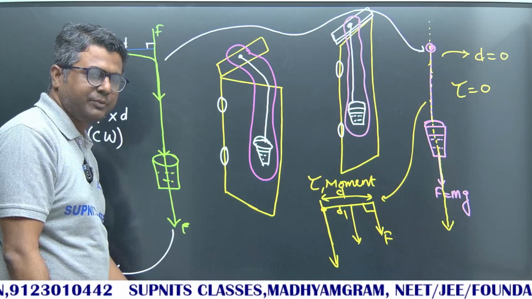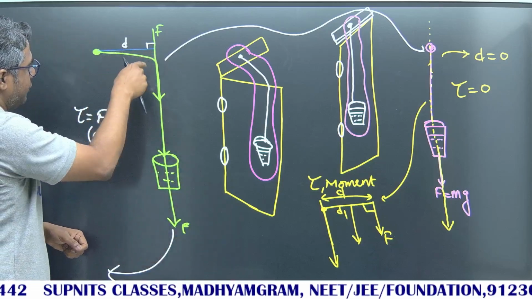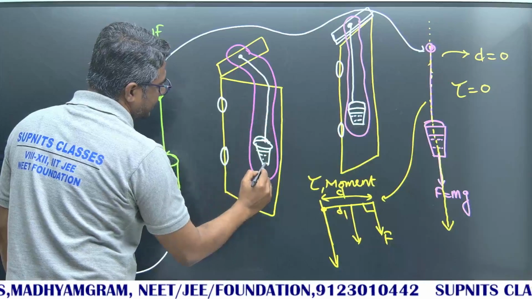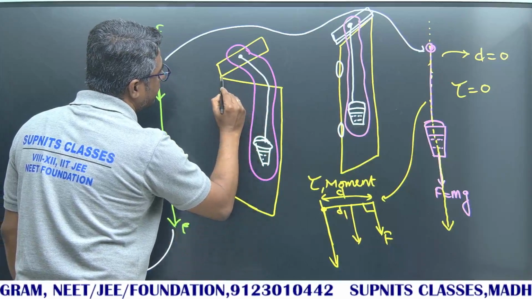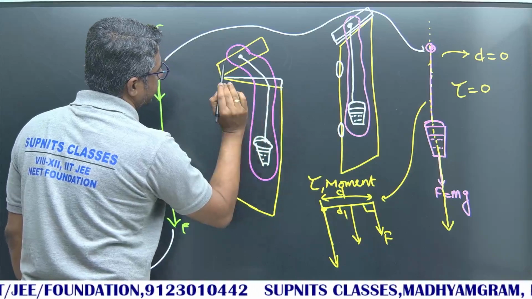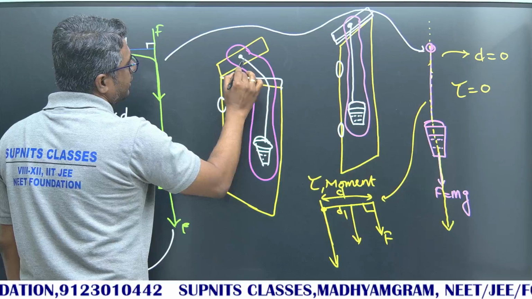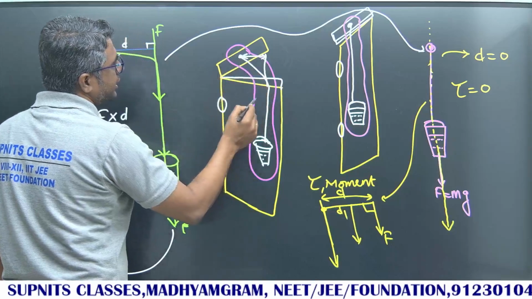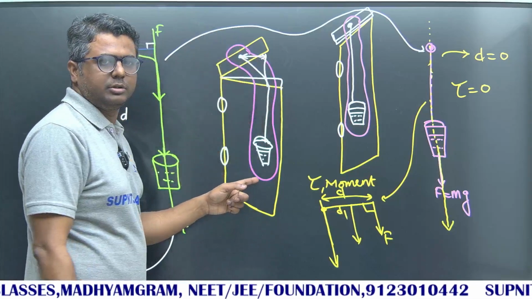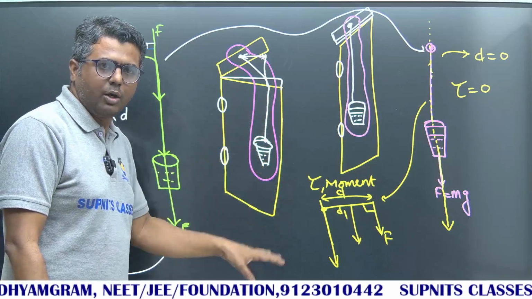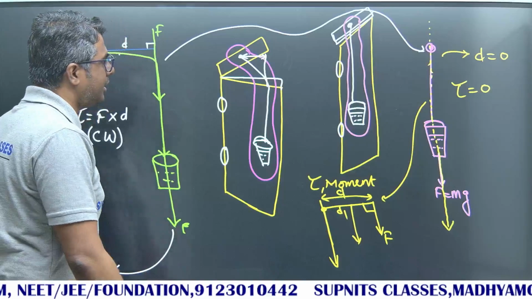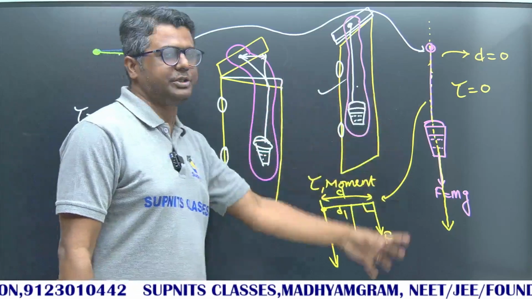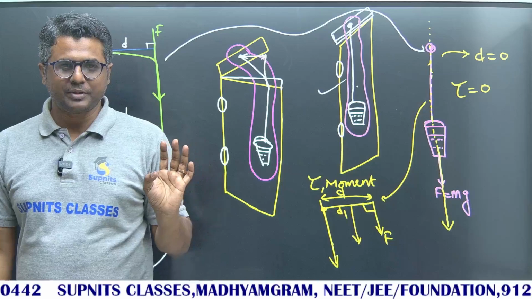This is going to come down and this d will become 0, because as it comes down, see here is the door. Suppose it comes down a little bit, so the door's part will be now at this part, say. Now it has already come down. So, see now the perpendicular distance has reduced. As long as there will be torque, it is going to come down, down and down. Ultimately, the door will get closed, it will attain this position where d will be equal to 0 and torque will be equal to 0.